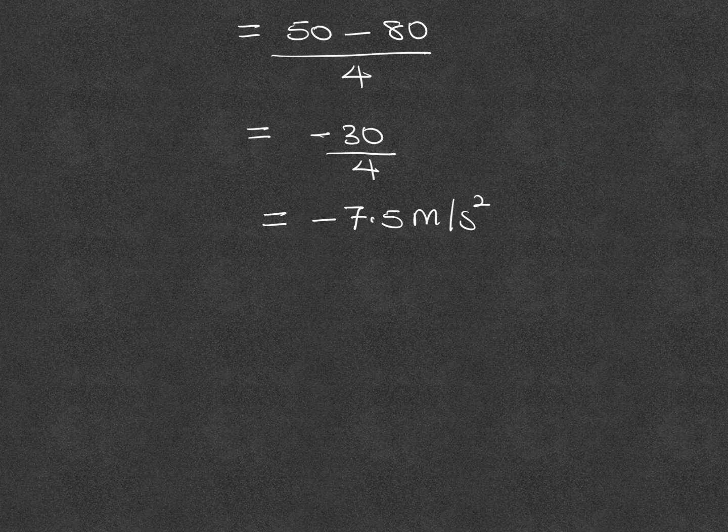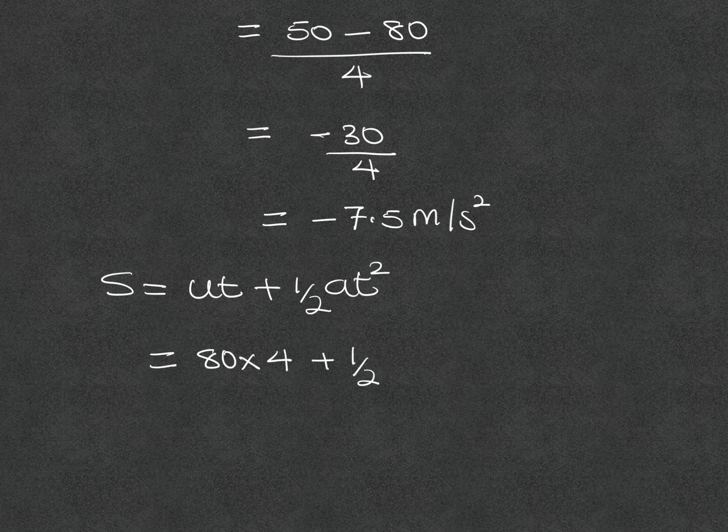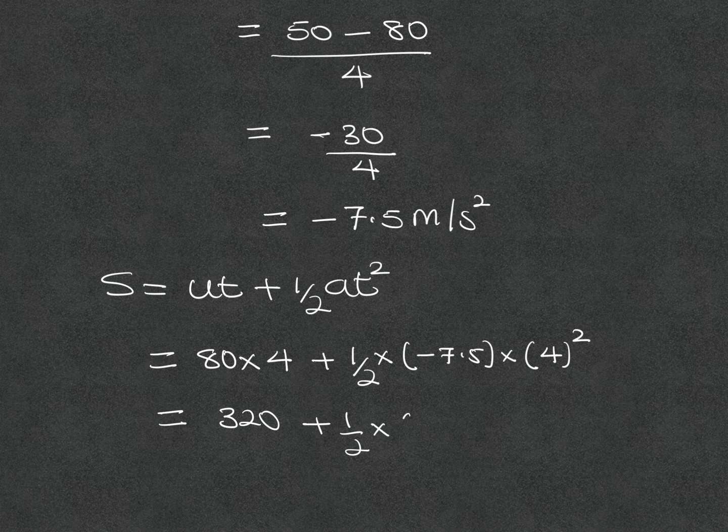Then what can we do to calculate the distance? We can use s is equal to ut plus half at squared. And so that will be the initial velocity, 80, multiplied by the time, 4, plus half multiplied by the acceleration, minus 7.5, multiplied by the time, 4, squared. That will be 80 times 4 is 320